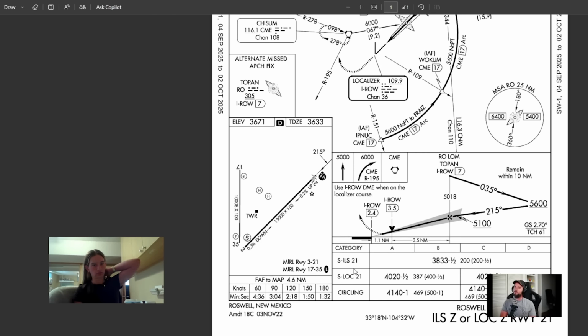So it's 100 feet above touchdown zone elevation. Oh, dang it. Okay. Yep. That's kind of what I was trying to get us to. I really didn't know. I was guessing. And remember, I know it sounds a little nitty gritty, but remember, some